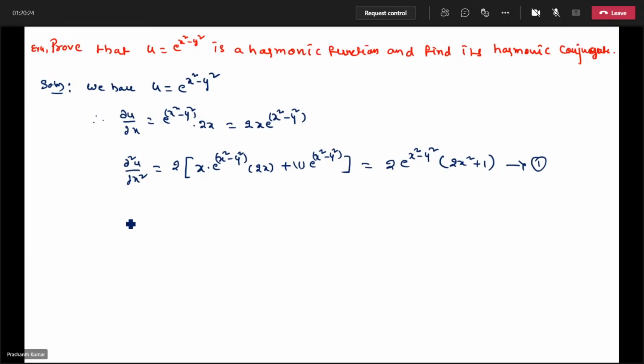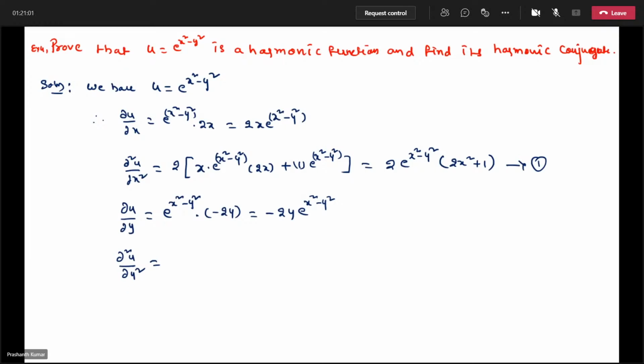Next, we take dou u by dou y. What is dou u by dou y? Dou u by dou y is equal to e to the power of x square minus y square into the derivative of minus y square, minus 2y. So this is equal to minus 2y e to the power of x square minus y square. From this one, dou square u by dou y square equals